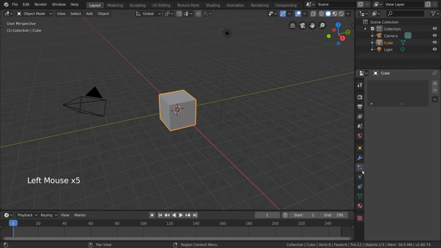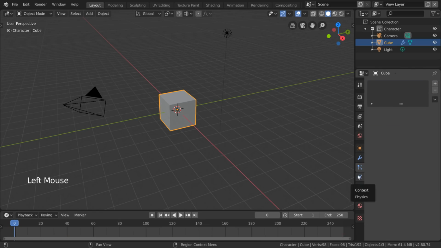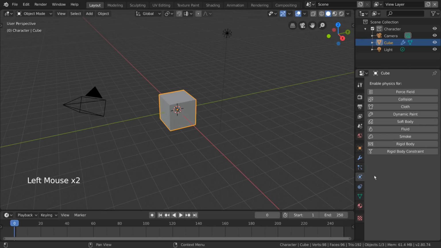This next tab is the Particles tab. You can see the icon looks like an object shooting particles out from its main body. In here, you can create particle systems and add them to the object you have selected. Next is the Physics tab, which looks like an orbiting planet icon. This contains several different types of physics simulations and physics manipulators, including cloth, rigid body, smoke, fluid, collision, and force